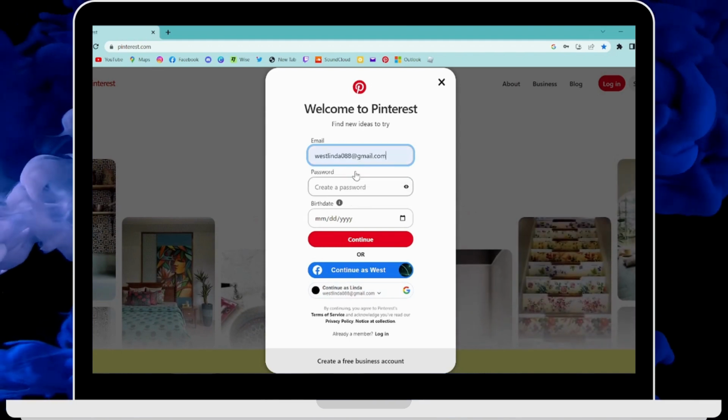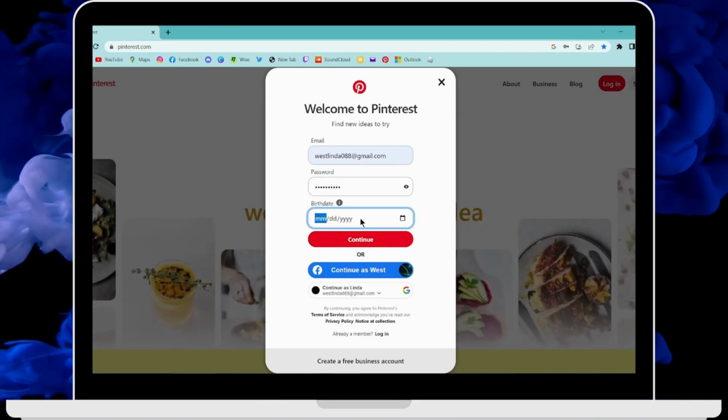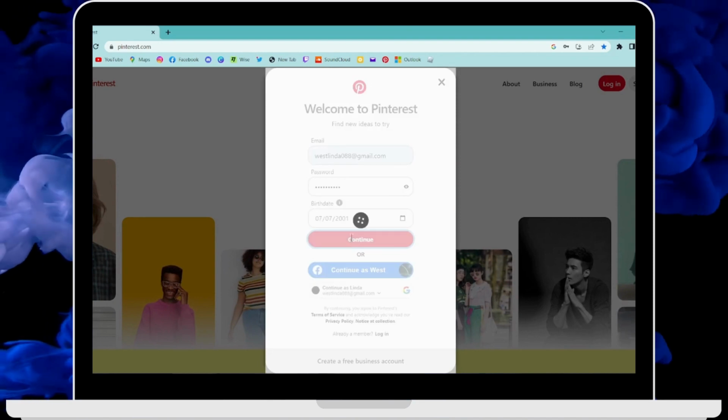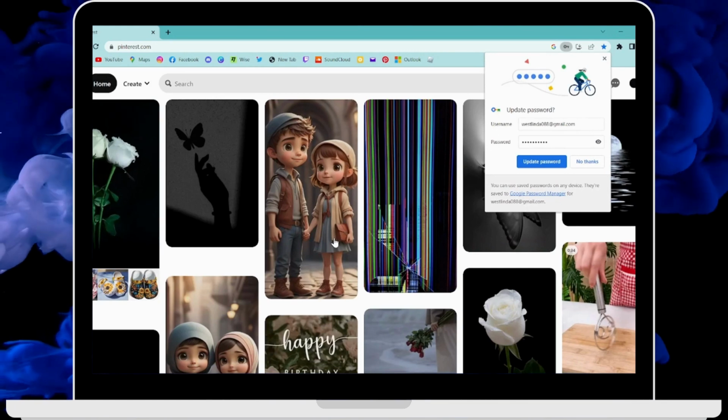And after entering your email address, create a password, and after that enter your date of birth, and after entering your information, click on continue. And that's it. That's how you create a